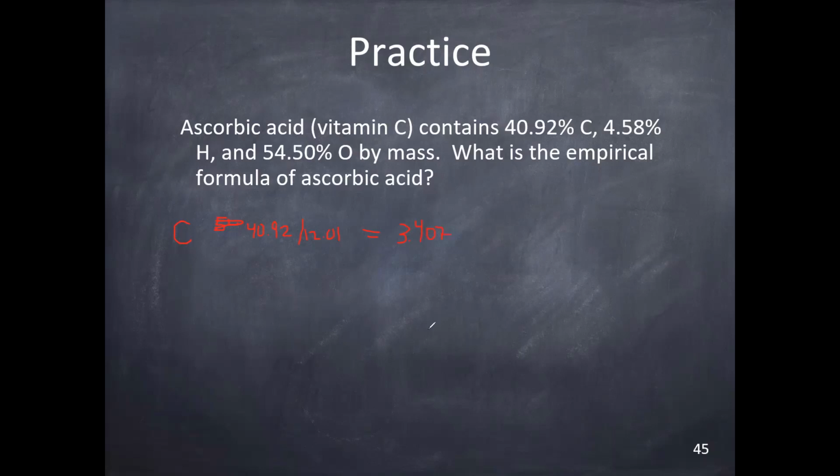Sorry for the poor handwriting here. And again, if you want to work through the rest of this one, you can do so on your own. Just pause it, give yourself a little bit of time. But it's going to be the same process where we just first assume the percentages are out of a 100-gram sample. So we can just divide by the atomic masses on the periodic table to get the number of moles. So 3.41 for carbon, 4.544 for the hydrogen, and then oxygen